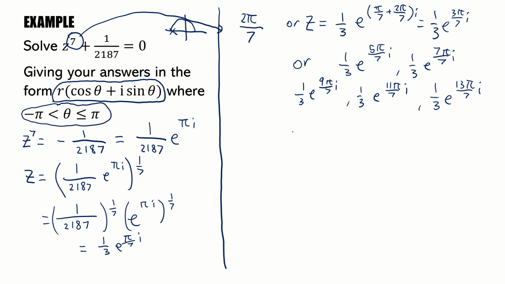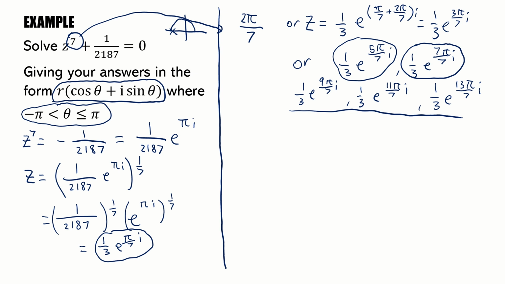So you'll notice they want the argument between pi and minus pi. So that's important because it means that some of our roots, like 1/3 e to the pi over 7i, 5 pi over 7i, and pi i, once you've simplified the 7 over 7 part, are all already complex numbers with the correct argument, which just need to be written in the correct form. But then these complex numbers at the bottom, we are going to need to rewrite their argument as well, not just their format. So therefore, the answers are going to be z equals,